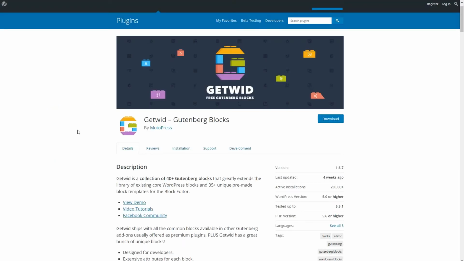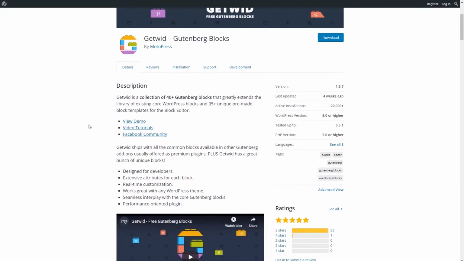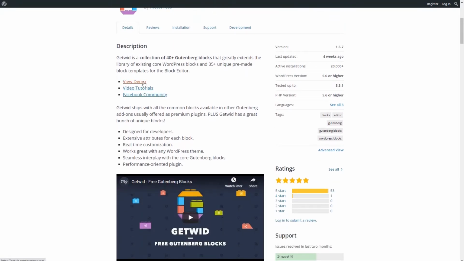Getwid is available free in the WordPress plugin directory. There is no premium version. You can see here that they have a page on their website with some demos. There are a few video tutorials on YouTube. They're kind of short, but a couple of them are pretty good. There's a Facebook group that's not super active, but the developers and people from MotoPress are there and answer questions,